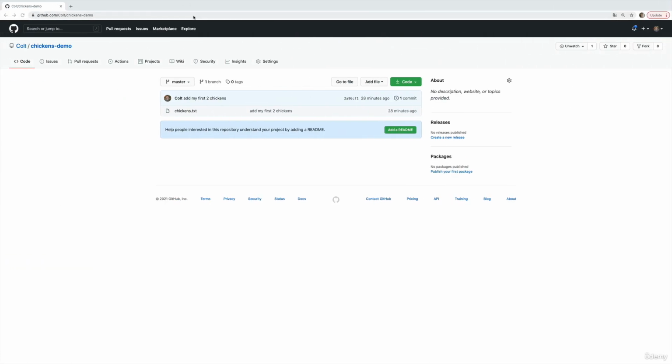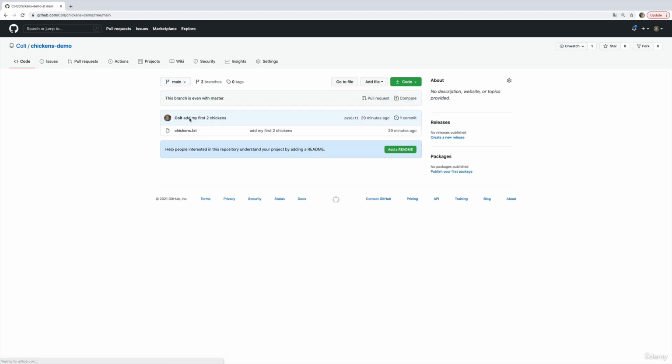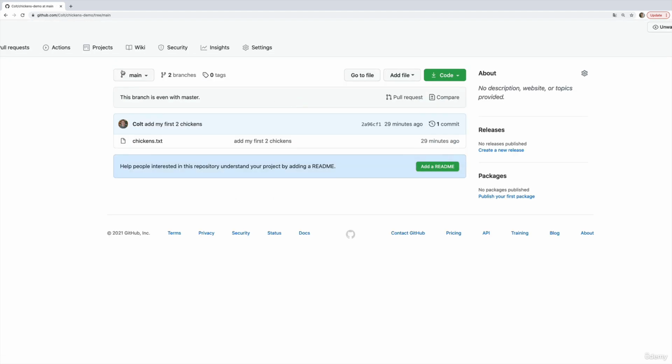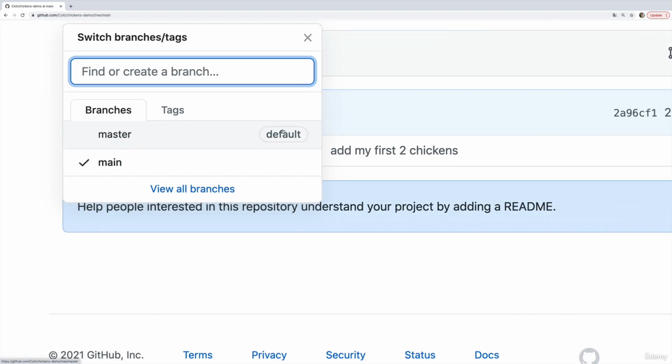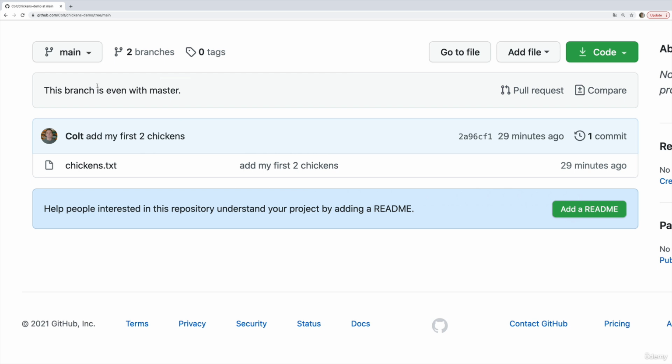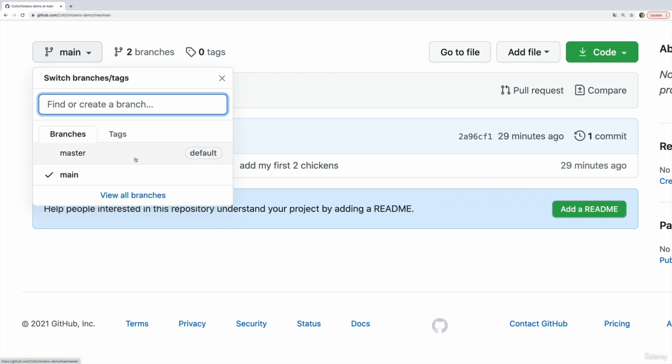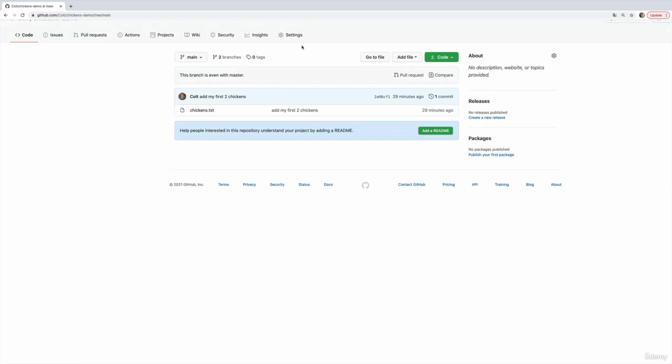And if we head over here, if I refresh, we still see the master branch, right? But now we see main. So there's main. You'll see though that master is considered the default branch here. That is because we pushed up master first. There was no main branch. And so GitHub doesn't ignore a master branch. I can change what the default branch is on this project, but really you probably would not have main and master in the same project. What you would have is